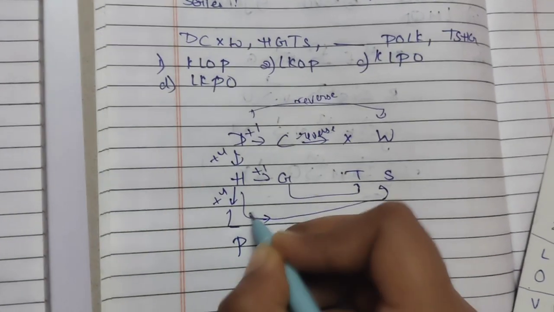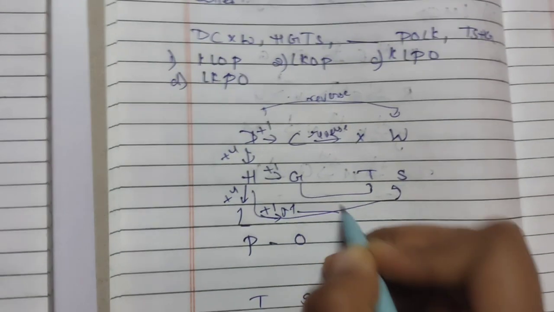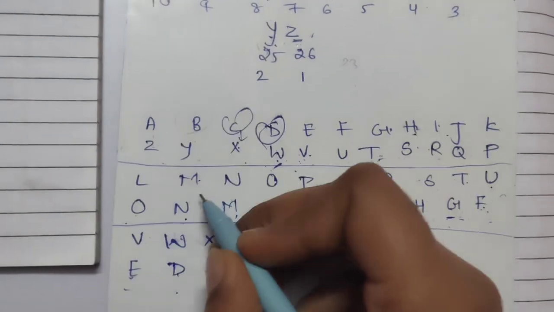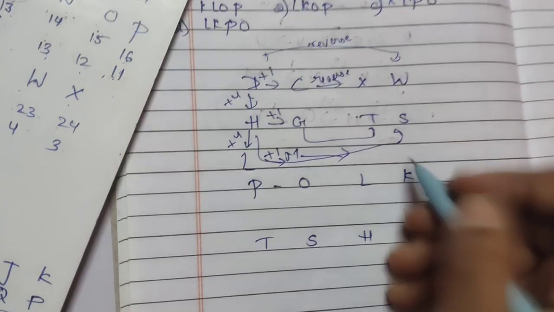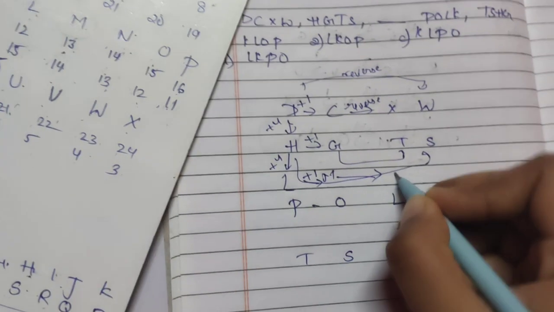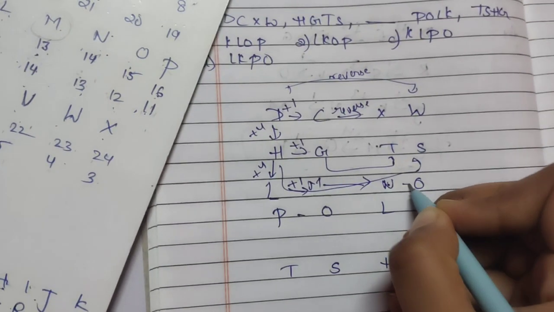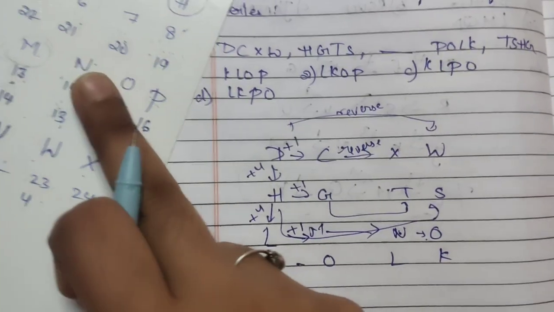Now we'll do here L plus 1, L, M. Okay, so we'll get here M. Now what will be the reverse of the M? Reverse of the M is N, and reverse of the L is O. So here M's reverse is N, L's reverse is O, then we got here N and O. So L, M and O, that is the correct answer. Wait,